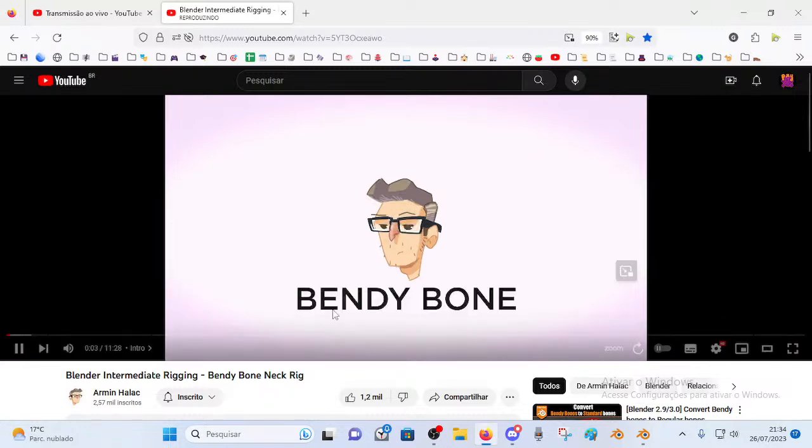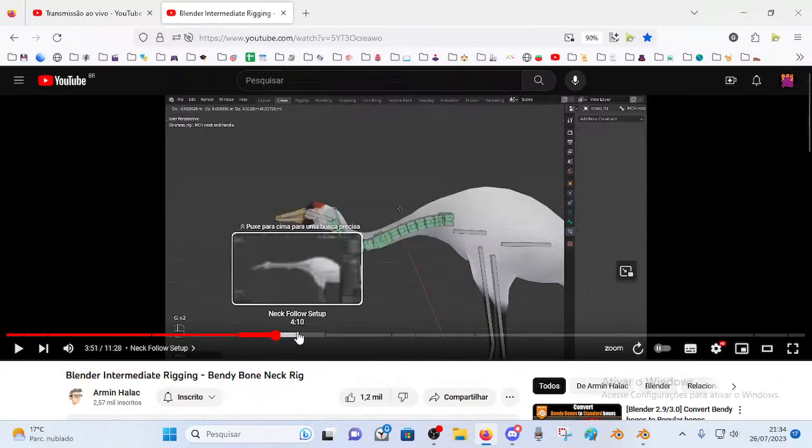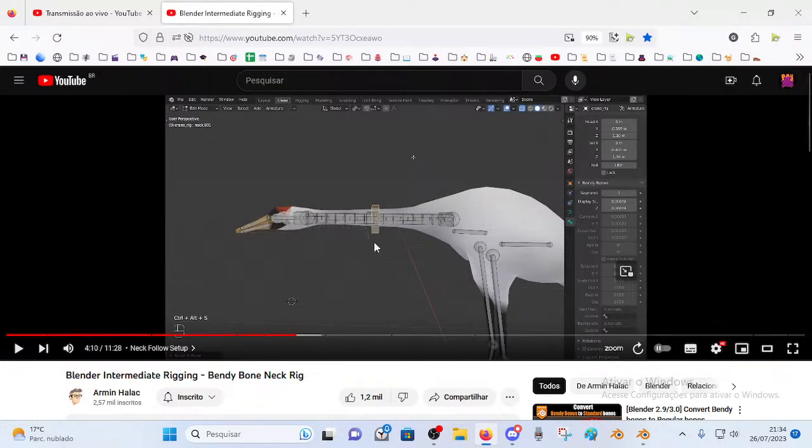That one from Armin Halak. Oh, shit. And this is the most complicated part that I was struggling with. He calls it a buffer bone. So what it does is that